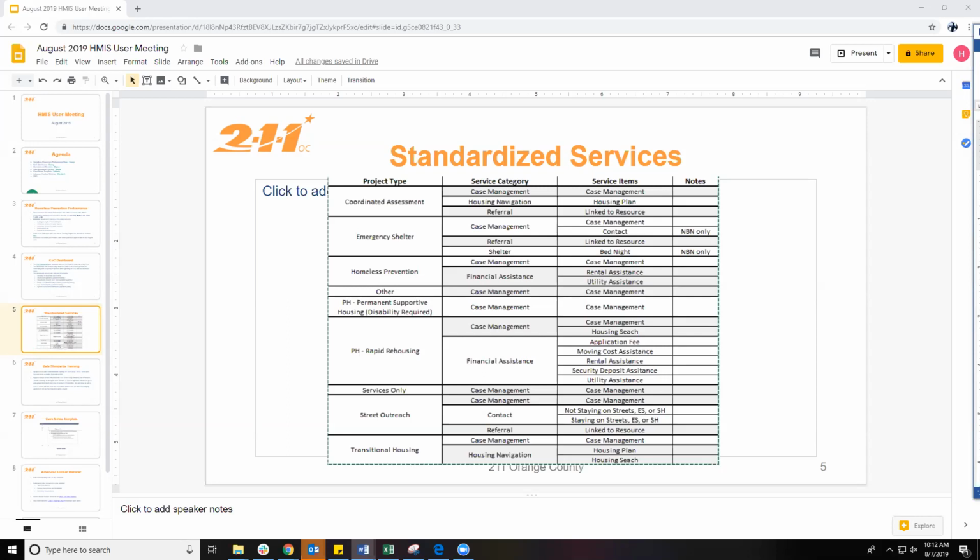What would be helpful to know is if there's anything on here that your projects absolutely do not do for whatever the project type is listed, or if there are things that your agency is doing that you believe other agencies are doing also and you don't see it on this list. We're trying to get a comprehensive list, but also a list that applies to most projects and agencies. So try to keep that in mind as you're looking over the list.